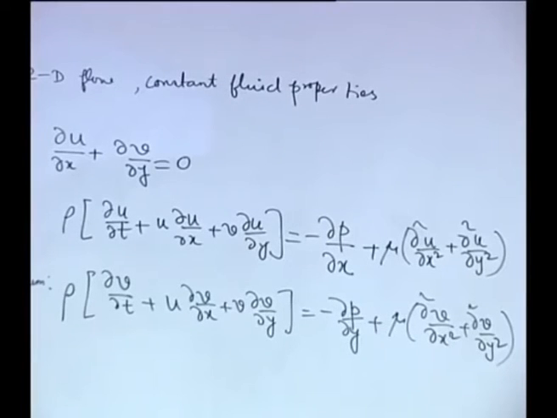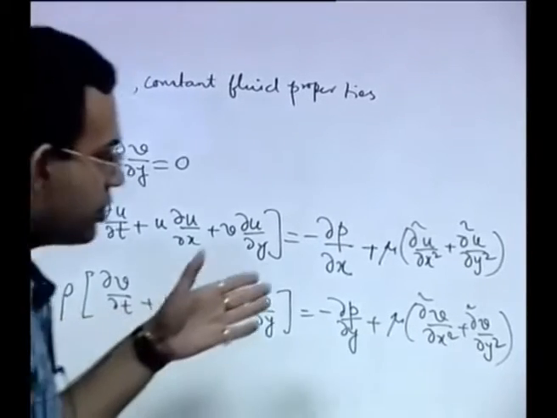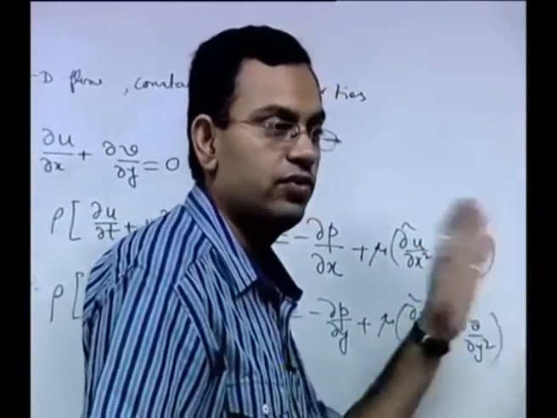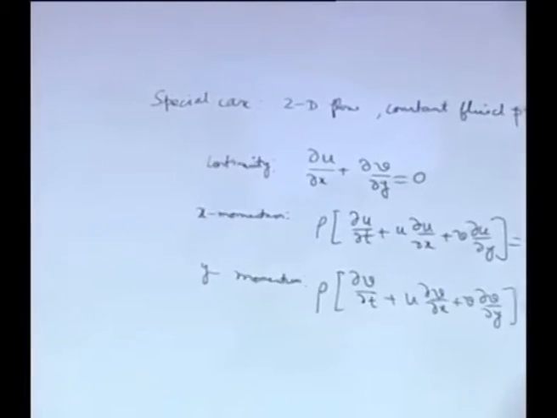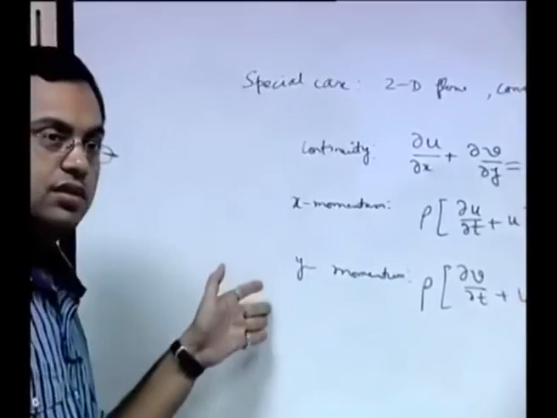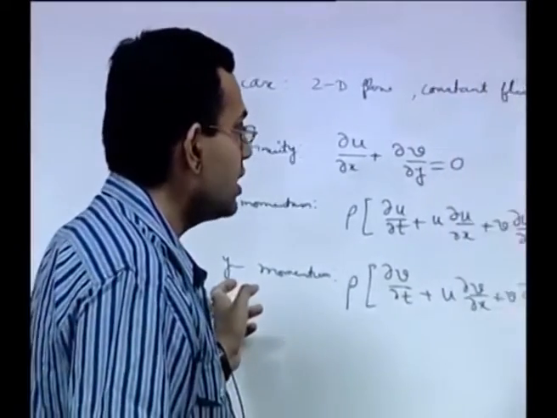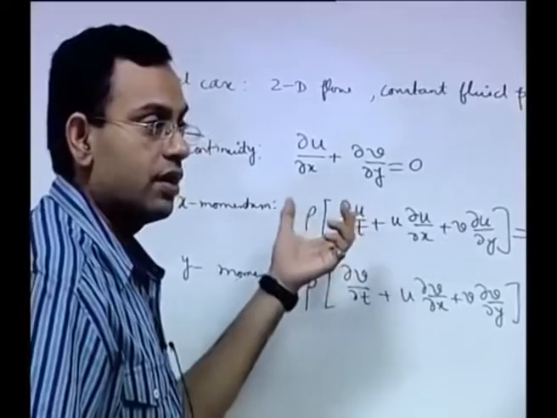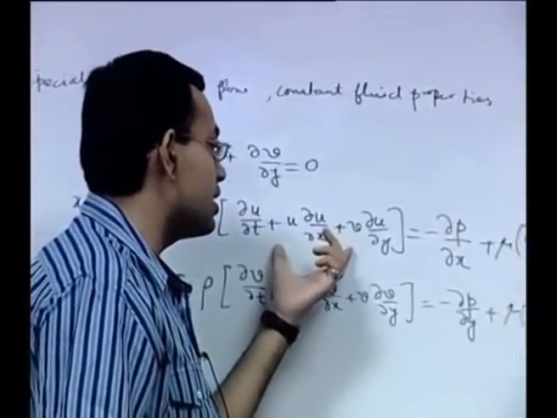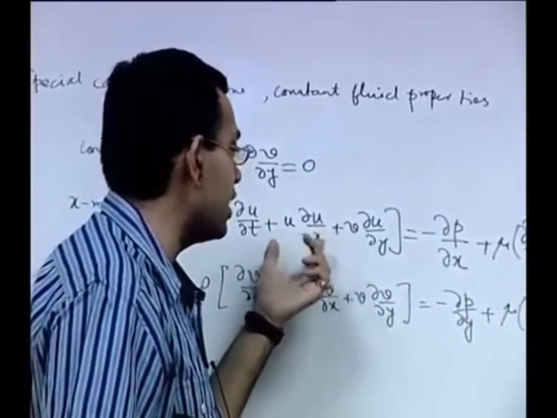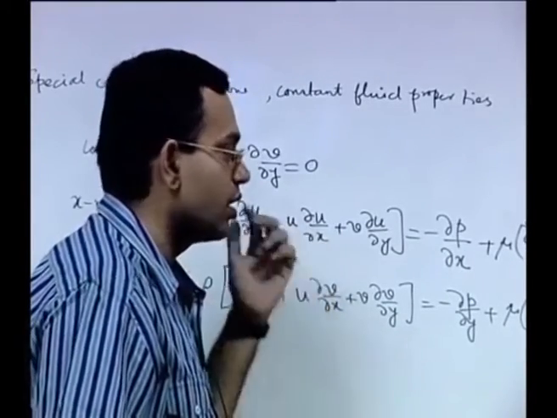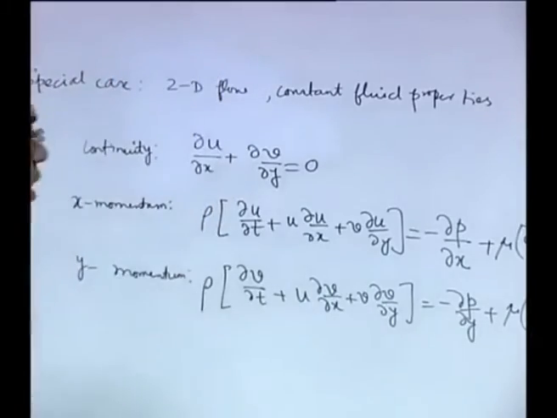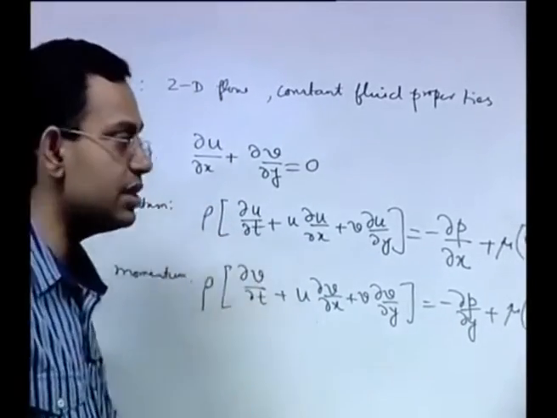So what are the features of this equation? We have not considered any body force, you can generalize by adding some body force in the right hand side. Now what are the important features of this equation? First of all, they are coupled, next they are non-linear. They are non-linear because of the presence of the advection terms in the left hand side. So u del u del x, like that, these are non-linear terms. So non-linearity is one of the important considerations,